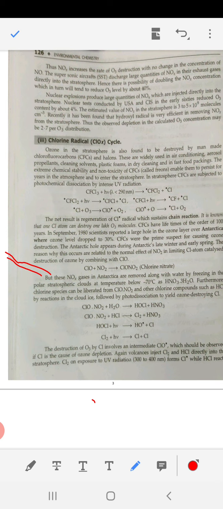HOCl with hν forms HO free radical and Cl. Cl2 reacts with hν and forms 2 chlorine atoms. The destruction of ozone by chlorine involves an intermediate ClO, which should be observed if Cl is the cause of ozone depletion. Again, volcanoes inject chlorine and HCl directly into the stratosphere. Chlorine, on exposure to ultraviolet radiation, that is 300 to 400 nanometer, forms chlorine free radicals, while HCl reacts with